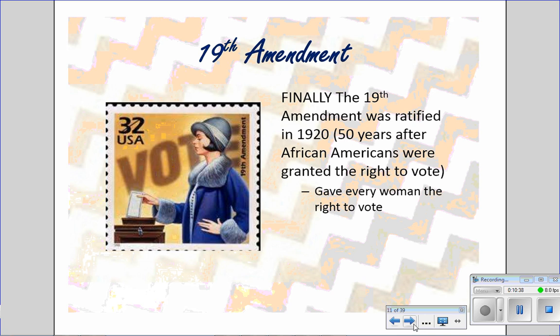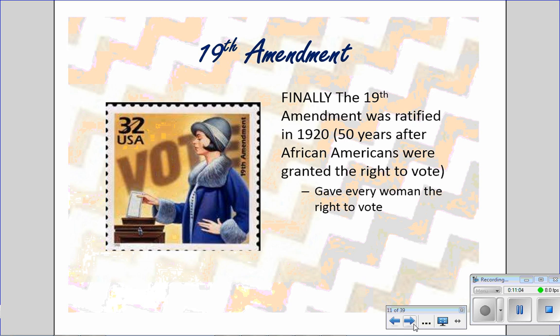But the point of all this, you guys, is just that people fought so hard to get the right to vote, and it hasn't been something that was always given to people. So we shouldn't take it for granted. When you turn 18 and you have the right to vote, you need to educate yourself about the candidates and about the issues and use this right. People have gone to extreme measures.